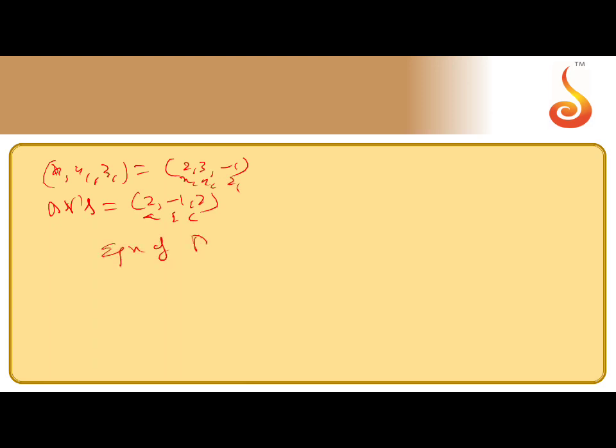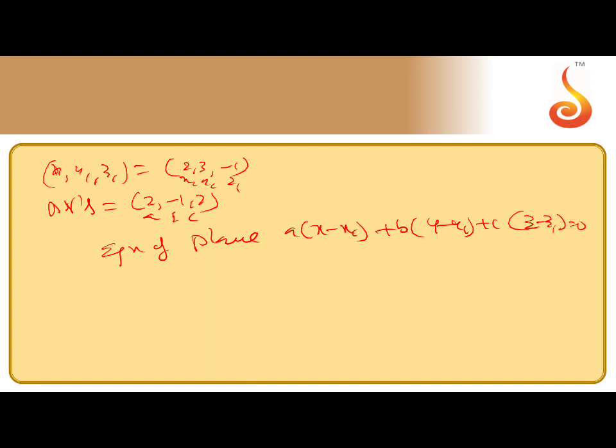So what is the point here? The point will be x1, y1, z1, that is (2, 3, -1). And the DRs will be 2, -1, 2. This is a, b, c, and x1, y1, z1. So the equation of the plane is a into (x minus x1) plus b into (y minus y1) plus c into (z minus z1).